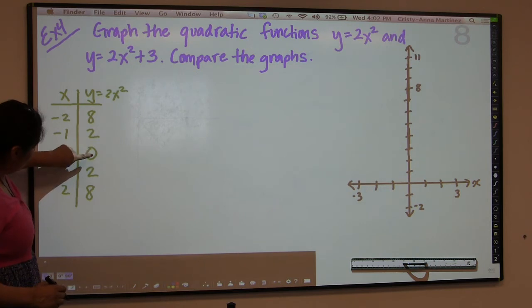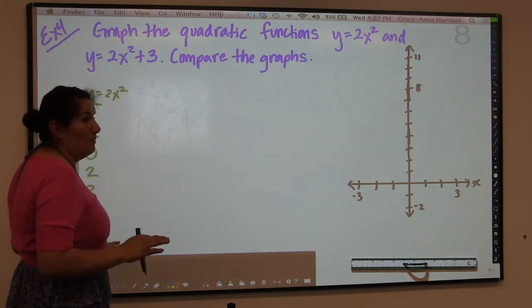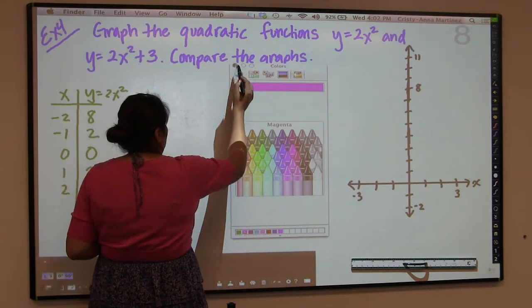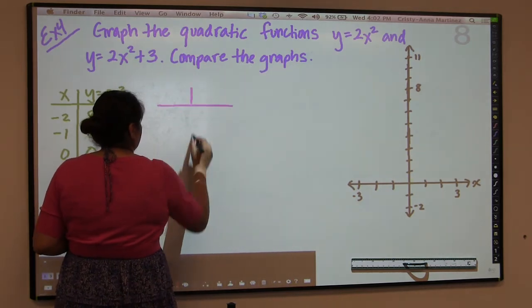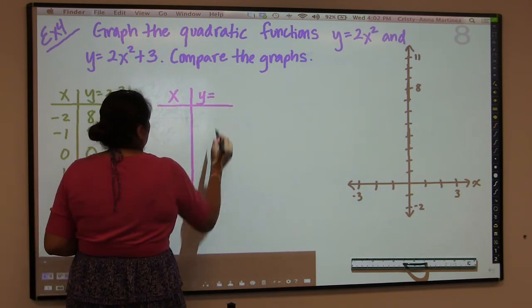Again, you can see how they're the same, and they're the same. Okay, it's supposed to happen. If that doesn't happen when you're graphing, or when you're writing your table, then something's wrong. That's a quick way of knowing that something's not right in your graph. The second thing we're going to do is all over again. We're going to have x, and this time we're going to graph,